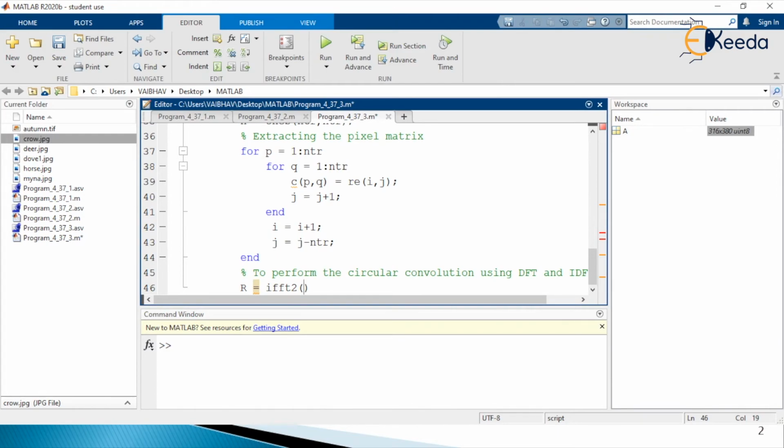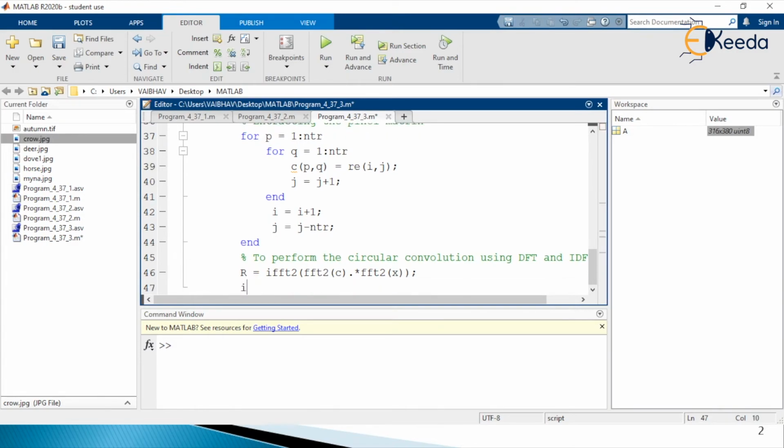So inside the same line I am just going to mention FFT2 of the variable c from the above portion, and dot asterisk, that is element wise multiplication, with FFT2 of the small x that we have generated in the above step, at the end semicolon. Then we will have the i variable i minus ntr, ending with the help of semicolon.